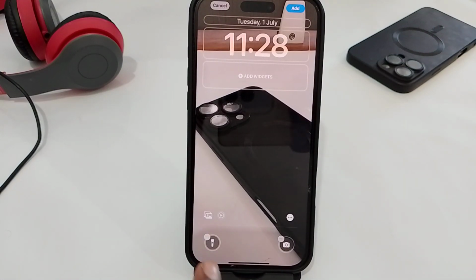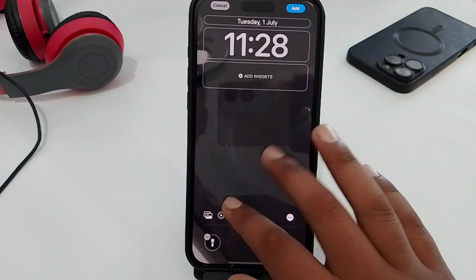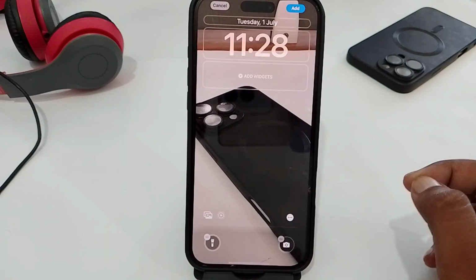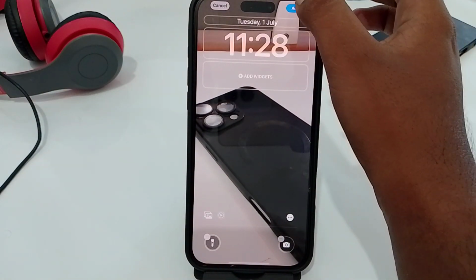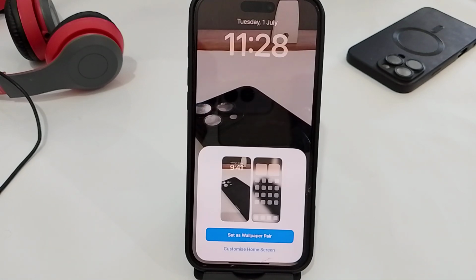And here you'll get the option of live. You can tap it to disable it, and now tap it again to enable this, and you can see you can crop it, zoom in and zoom out. So after doing this, you just have to tap on add to add this on your wallpaper, and here you